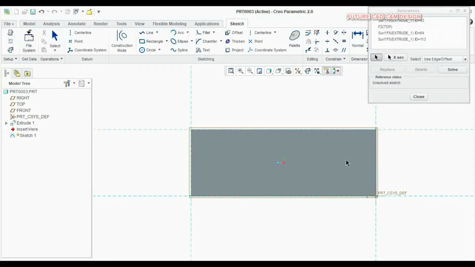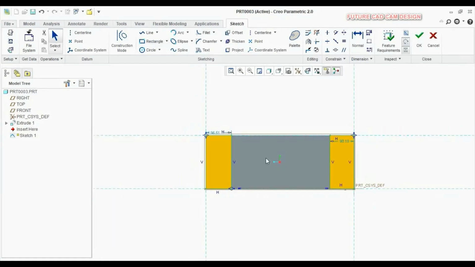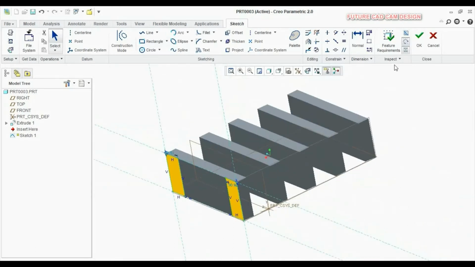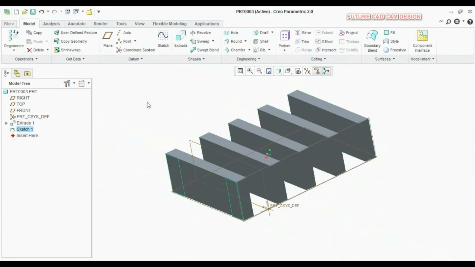Using the reference option, if you click the edges, it will make a temporary reference. So now I am selecting reference, and you can see that it is highlighting the corner edge. Now I am going to create two rectangles here again in an outer face. You can see that I have created two rectangles, and then I am selecting exit sketch. So the sketch is created. Now we will enter into the extrude option.